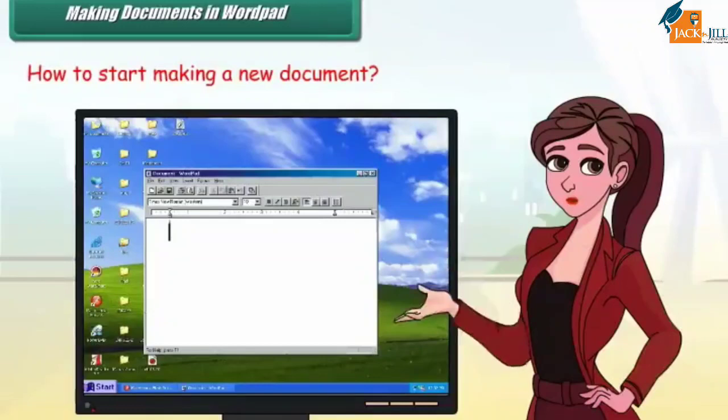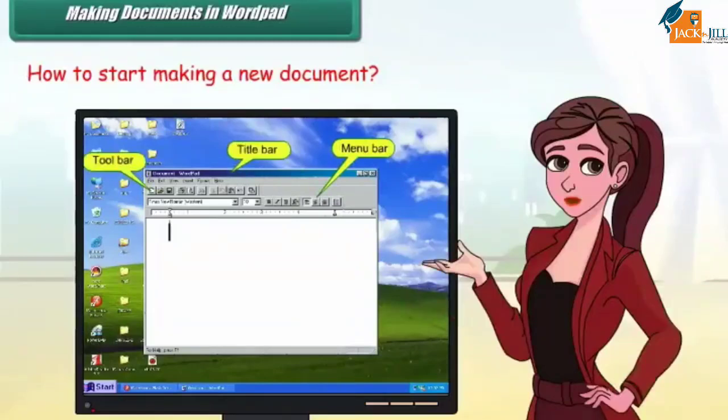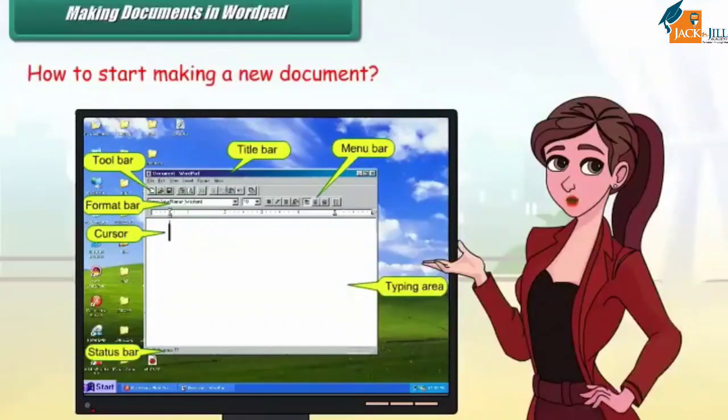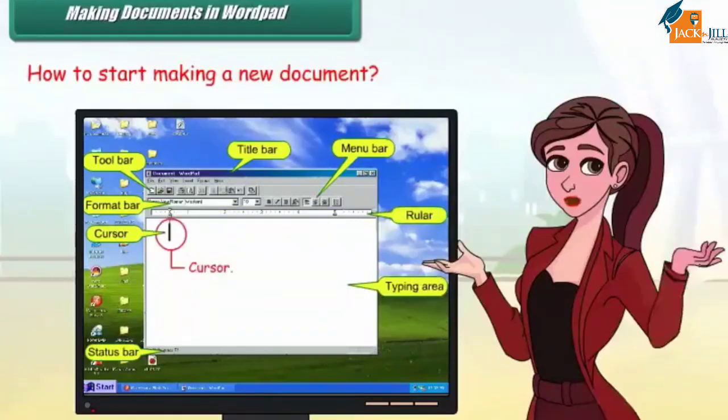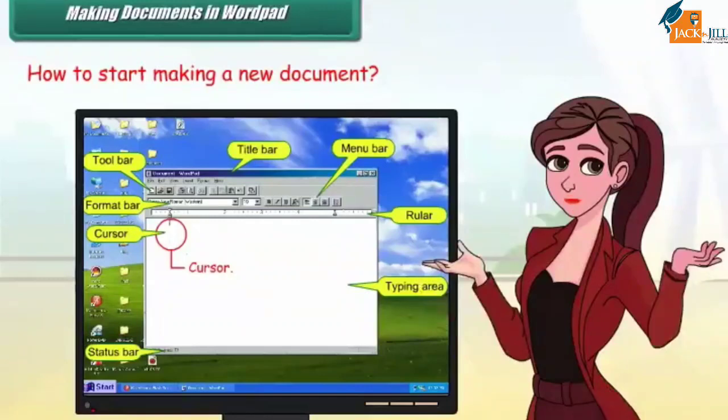The WordPad window appears as follows: Menu bar, Title bar, Tool bar, Format bar, Cursor, Status bar, Typing area, Ruler. Cursor is the small blinking line which moves towards right as you type. You will learn about these components later.